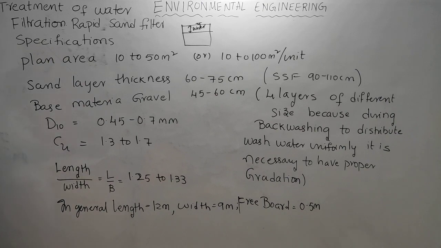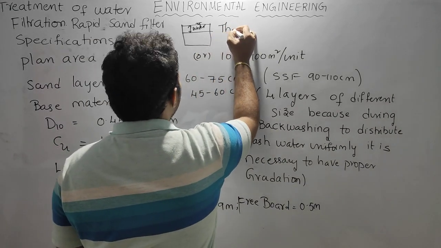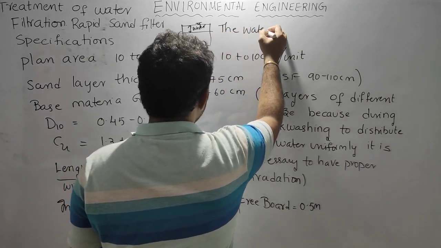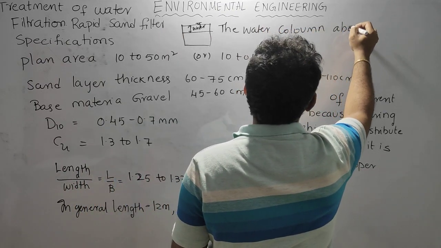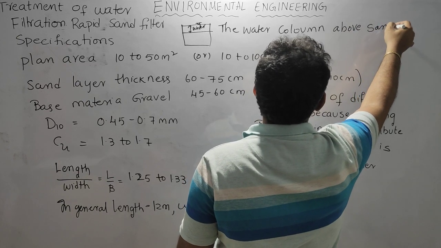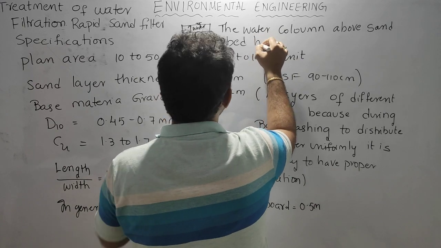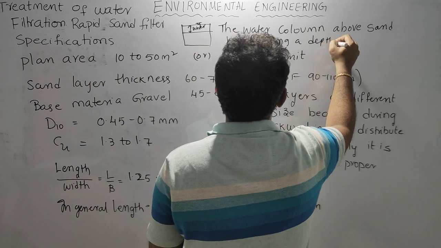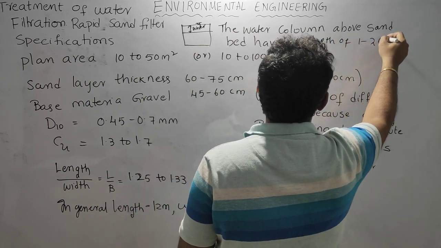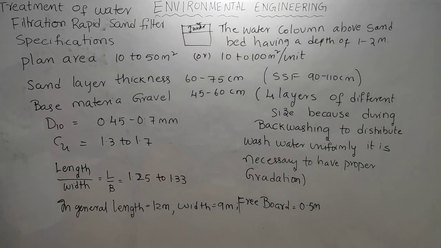Generally the water column above the sand bed we keep at a depth of 1 to 2 meter. And here also the overall depth of the filter varies from 2.5 to 3.5 meter